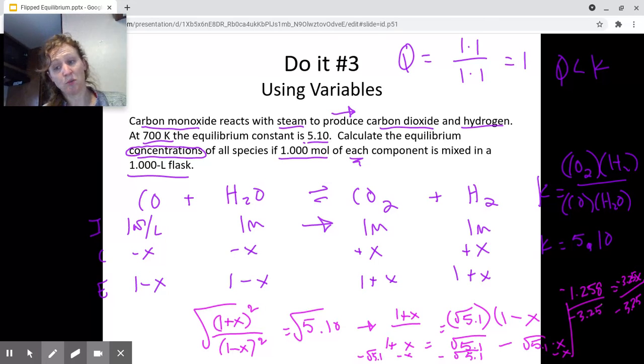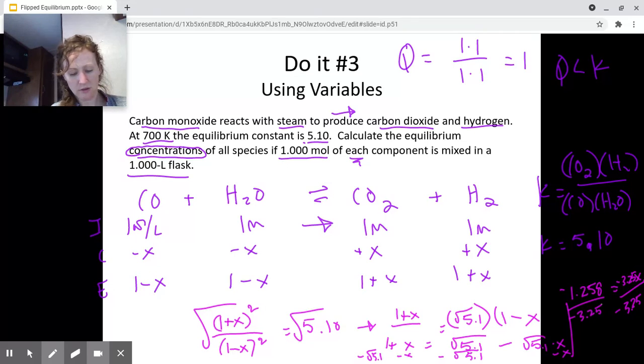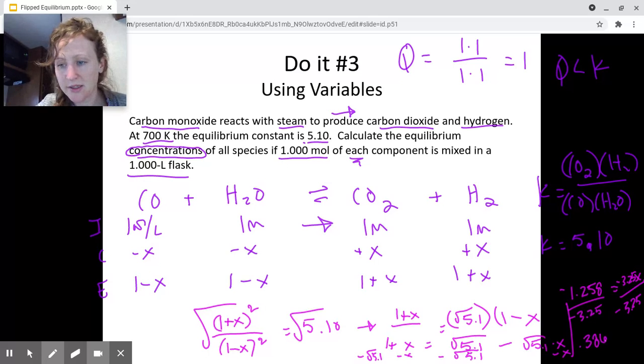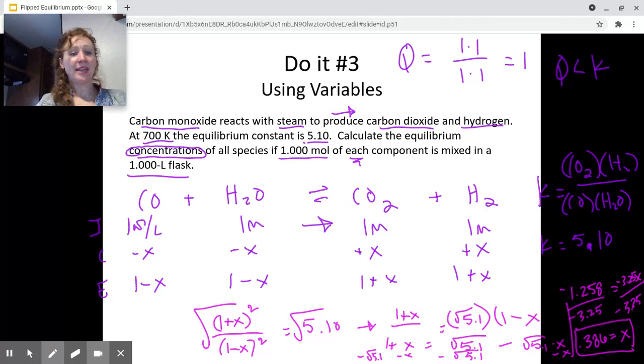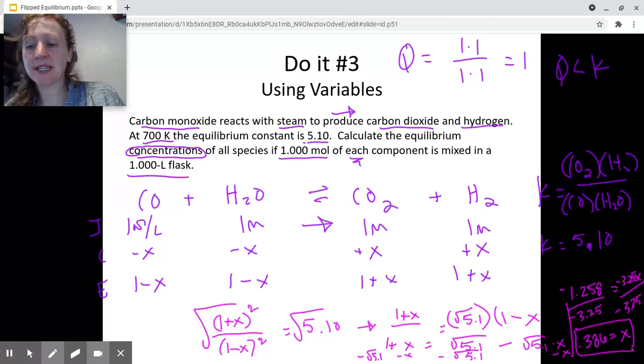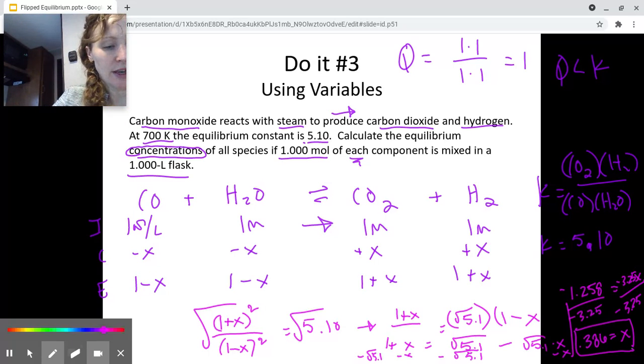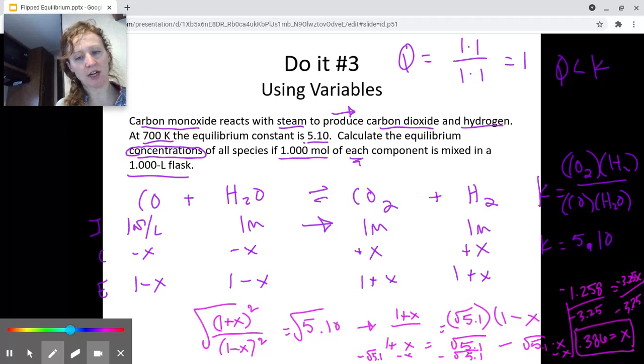So that should be 0.386-ish equals x. Whoo! Yeah, algebra. All right. 0.386 equals x. So now I can go and figure out what my equilibrium concentrations are, because x is not my equilibrium concentration,